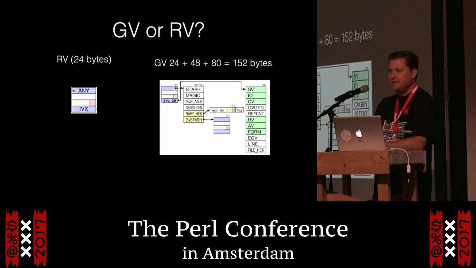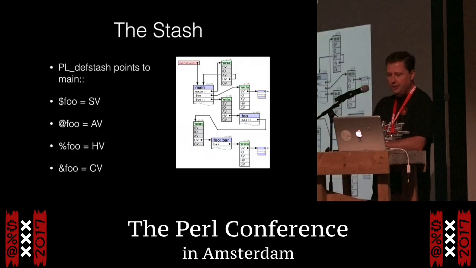So there's one thing I skimmed over in that initial description, is that you actually have two things. You have a GV or an RV. And this is a huge savings. So normally, if you have sub foo in your main stash, but you don't actually have any $foo or anything else,